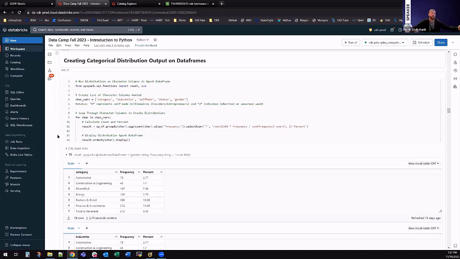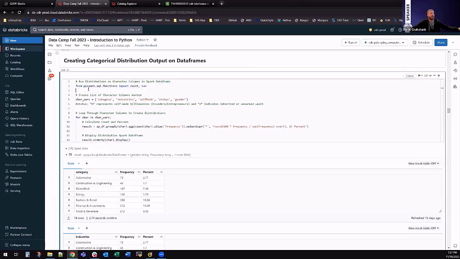So for actual categorical variables, if we want to see the different values that make up each of the categorical variables, and maybe we even want to determine what is the distribution of the values, this is going to be, again, a little bit different depending on the data frame you're using. Here, we're going to use our Spark data frame. I've created a list of the character columns that I want to basically loop through one at a time. And essentially, all I'm going to do is for each one, I'm doing a group by statement here where I'm aggregating the count of the observations. And then I'm also taking that count and I'm creating a percentage as well